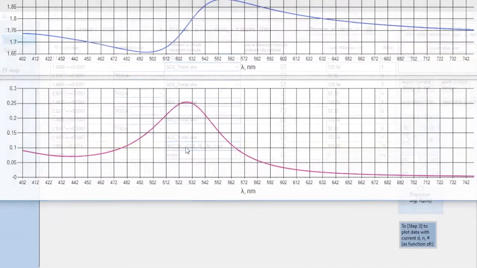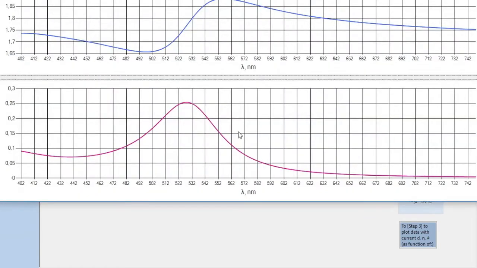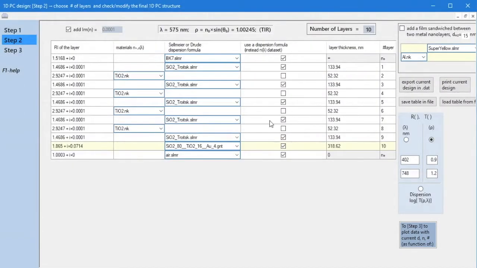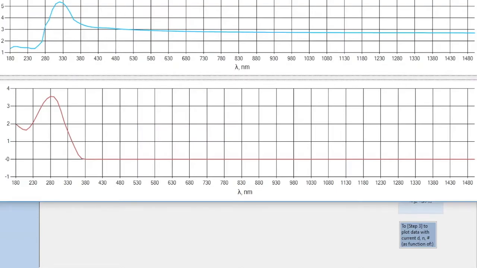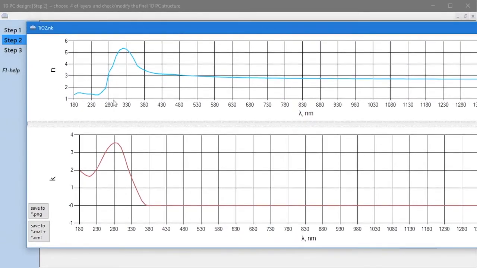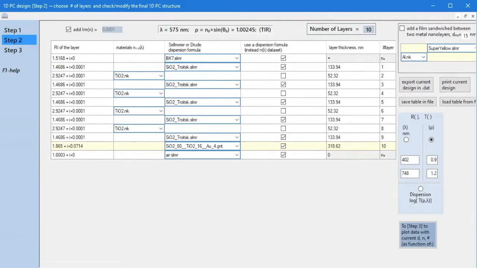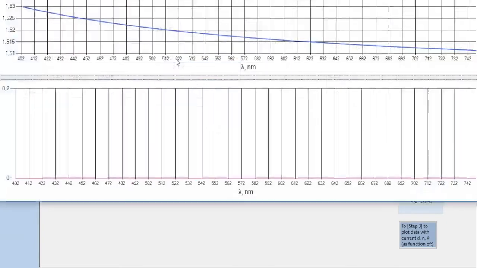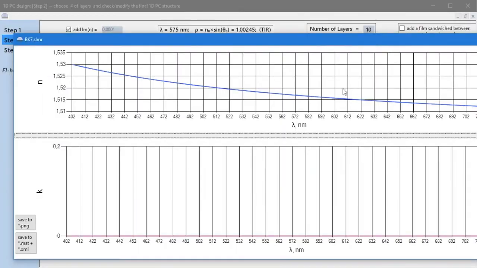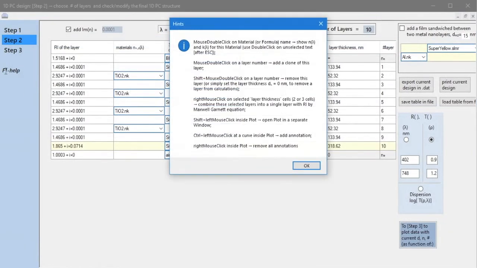We can see what spectral dispersion this mixed layer has. It can be seen that the inclusions of gold give the maximum absorption near 522 nanometers, as it could be according to the Mie theory for small spherical gold particles. Similarly, we can look at the spectral dispersion of the refractive indices of any other materials. How do the spectral dependencies for N or K look like? Well, of course, we can see the same thing here for Sellmeier formulas. All details exist in the hints and tips here.